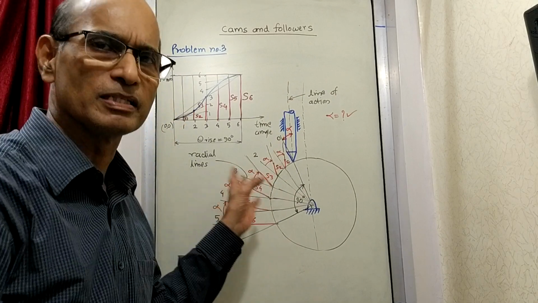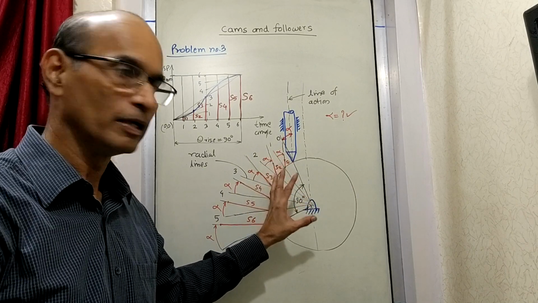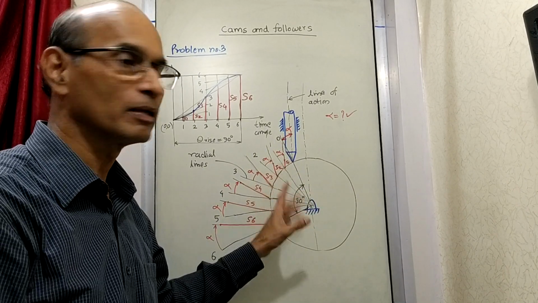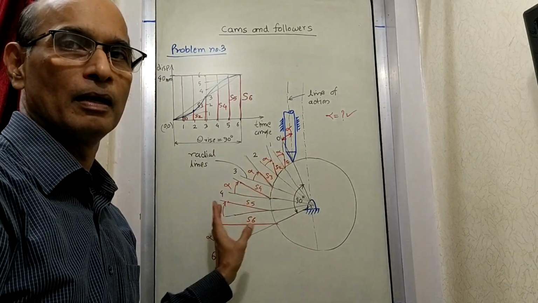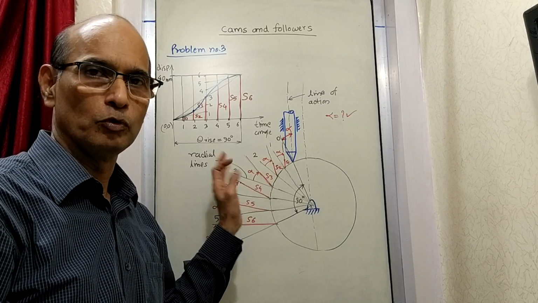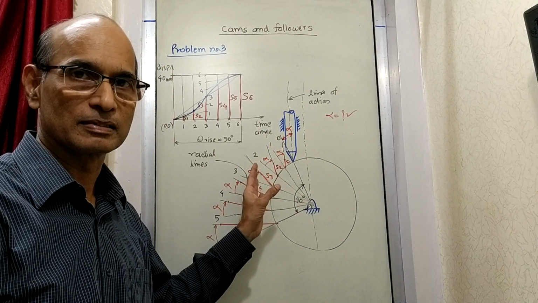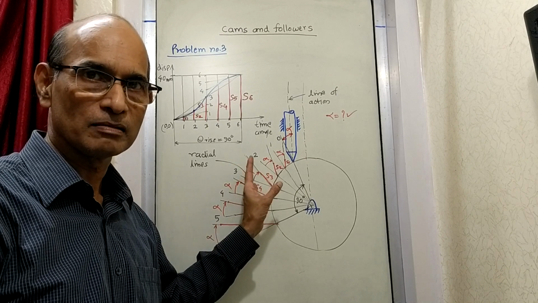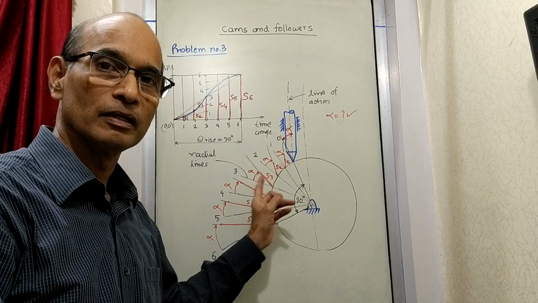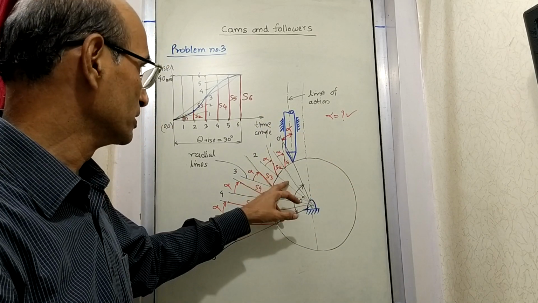Keep this in mind, it is very simple to understand. If you know the reason, then you can automatically do it, you will never forget. But if you just remember that you draw an angle alpha and take the distances on the alpha line, you will forget because you don't know why it is done like this. If you don't know why it is done, you will not be able to remember it for long. But if you know the reason, you will never forget even after 25 years. So that is what is explained now.